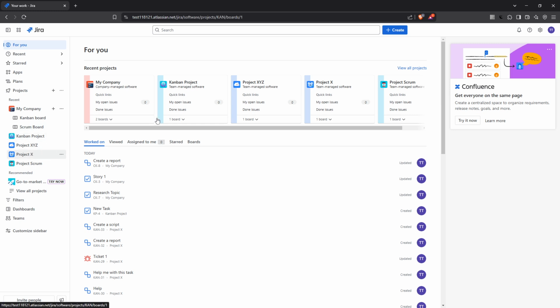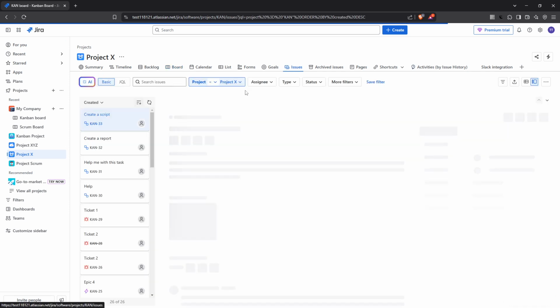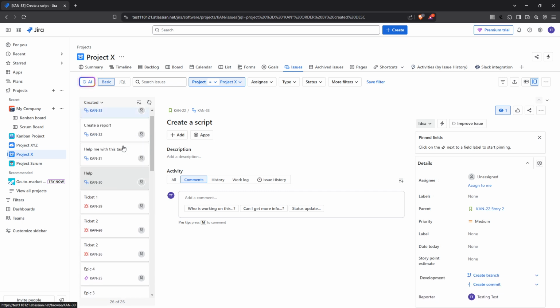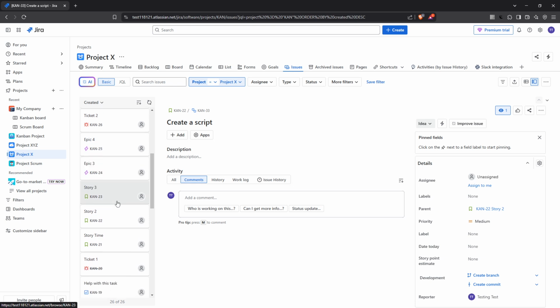Once you're in the right project, you'll want to navigate to the top of the screen and click on the Issues tab. This will take you to a list of all the issues associated with your project. Next, find the specific issue you want to label. You might have many issues listed, so take advantage of Jira's search and filter features to locate the right one more efficiently. This can save you a considerable amount of time, especially if you're working within a large project with